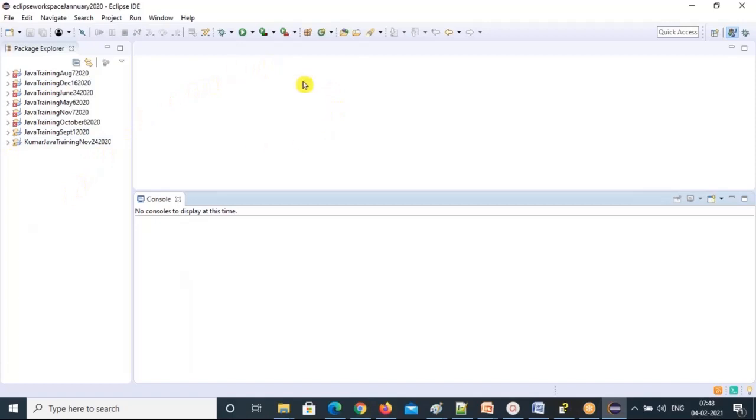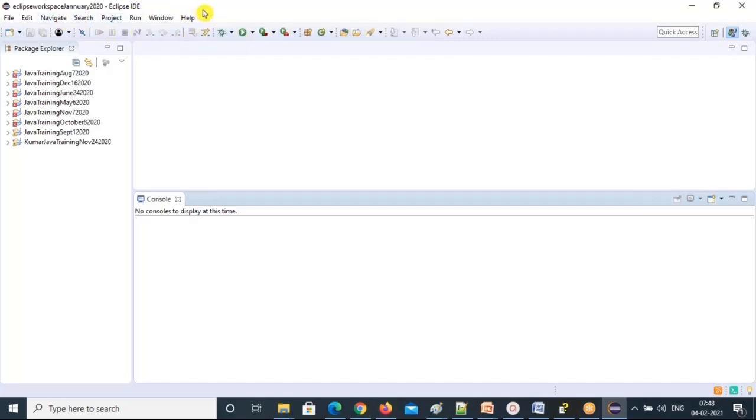Then on the right side, the upper top part, is where you will write your code, the plain English statements. And the bottom side will be shown to us only once you run your program. Below the menu bar, there is also the toolbar.